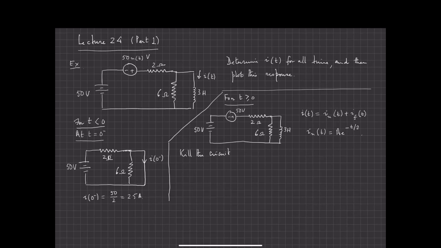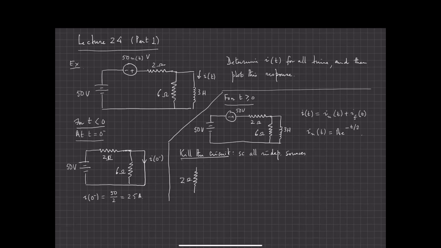By which I mean, short circuit all independent sources. So if I short circuit the 50 volt source and the other 50 volt source, then what I'm left with is the following. I'm left with this